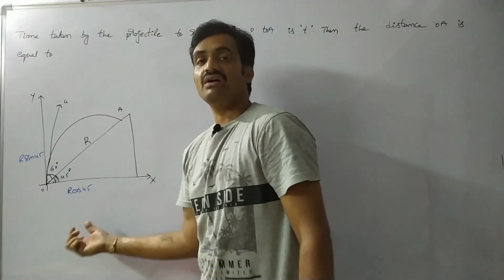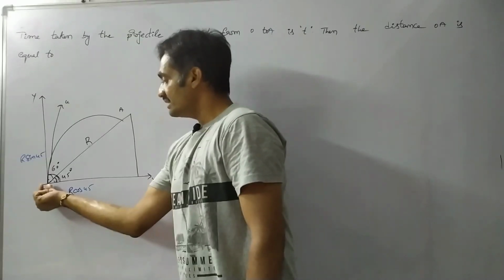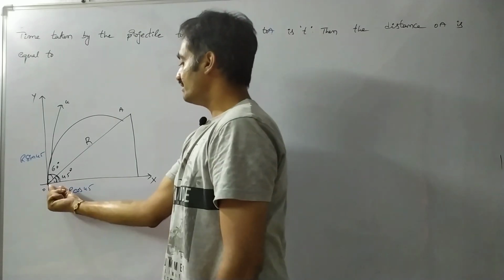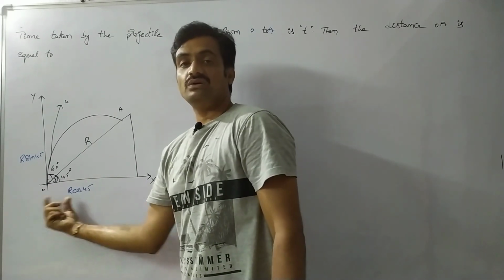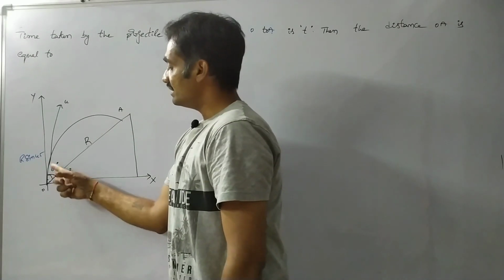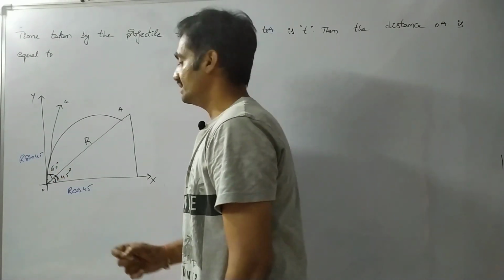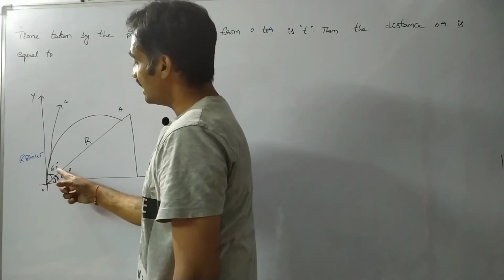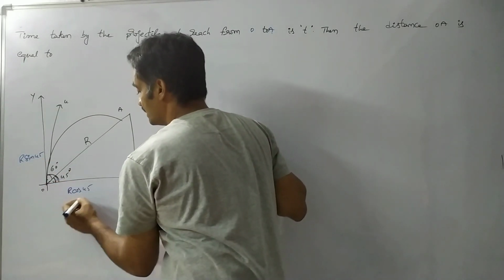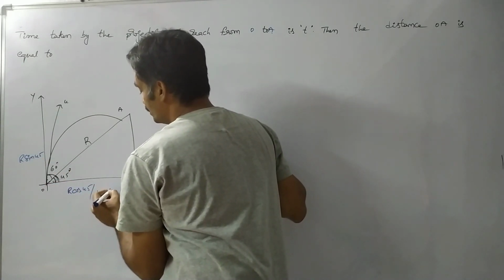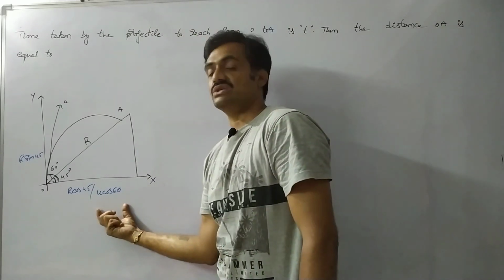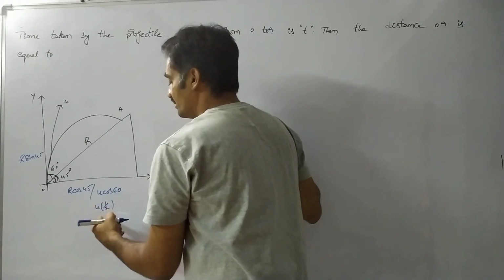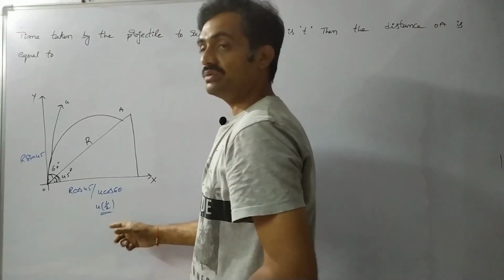So now based on that we have to represent the equation. Observe that here the range is to be calculated, and we know that the velocity will be constant along the horizontal path. And here observe that the velocity is resolved into components as u cos theta and u sin theta. So here the total angle is 60 degrees. As it resolves, we can represent it as u cos 60 along the horizontal, and we know that cos 60 is 1 by 2. So based on that we can represent it as u by 2.